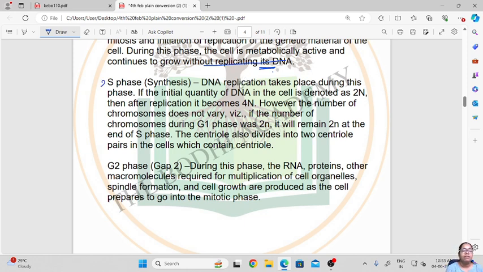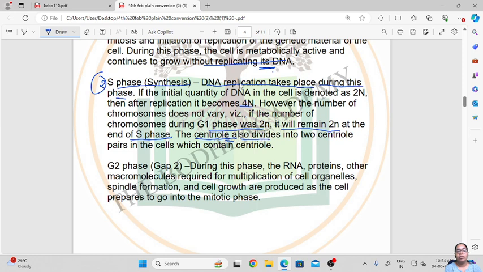So this is the second phase of interphase. Here the DNA replication takes place during this phase. Okay, so S phase is the phase wherein the DNA replication will take place. If the initial quantity of DNA in the cell is denoted as 2n, then after replication it becomes 4n. So division of the nuclear material, that is DNA, takes place. However, the number of chromosomes does not vary. If the number of chromosomes during G1 phase is 2n, it will remain 2n at the end of the S phase, and the